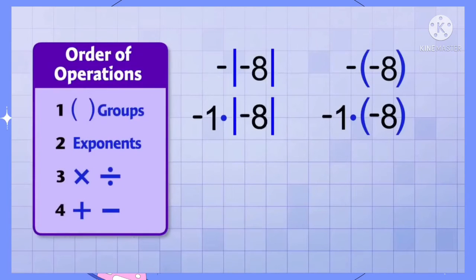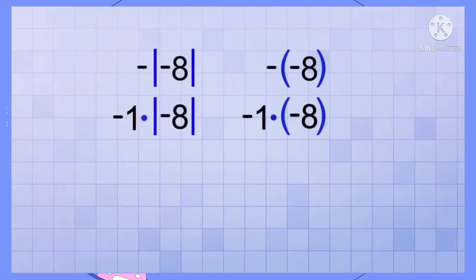The order of operations rules tells us to do things that are inside of groups first, right? But there's nothing to do inside the parentheses. It's just a negative 8 hanging out inside of them, and the parentheses themselves don't tell us to do anything. So this expression is just asking us to multiply -1 times -8, which is +8. But in the case of the absolute value signs, while they do function like groups, they aren't just for grouping like the parentheses are. They're also